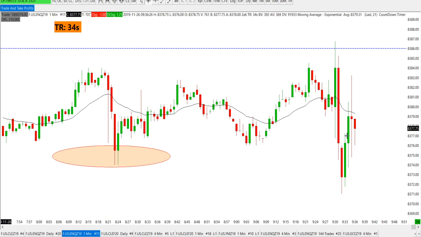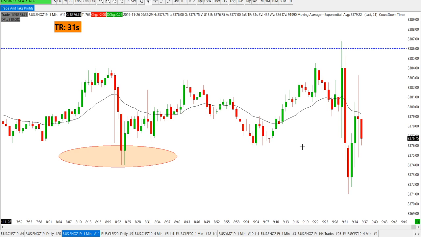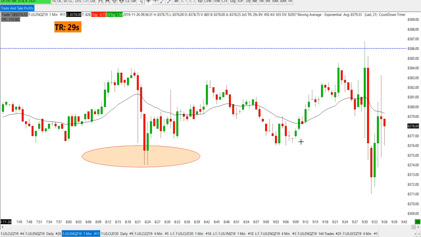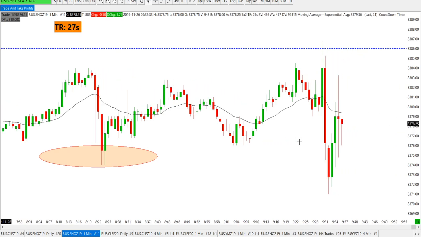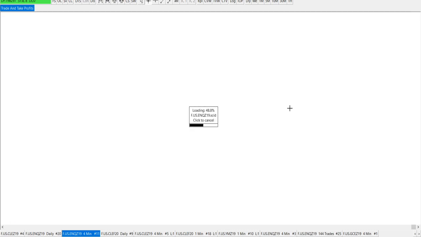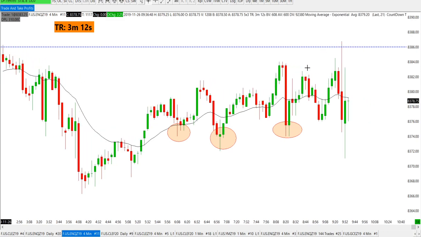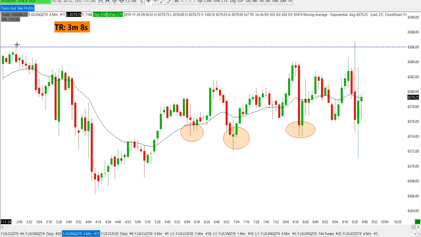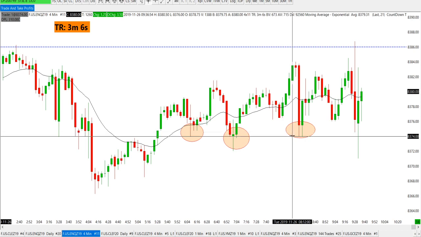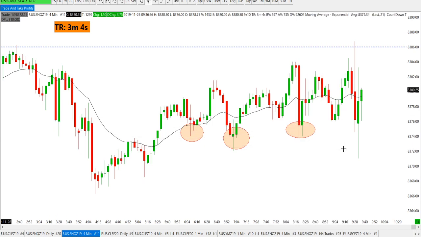Now, what the market is going to do right now, of course, we don't know. But at the same time, I'm not looking to trade in the middle of support right now because it doesn't make any sense to me. But we did have support right here, and we also had resistance up top. So that's what the market is doing right now. It's just bouncing off these resistance lines up top right here, right? And it's bouncing off this support right here. Very straight to the point.